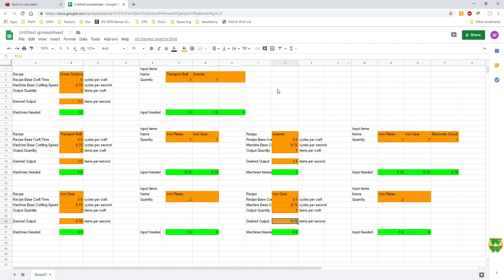You could do a bit of a summary section here where you added up the amount of each input item. So you could say, okay, well, I need 3.75, 4.5 iron plates per second, and 0.75 circuits per second. But that summary is going to change with every recipe you build in this type of spreadsheet. So trying to calculate that, or trying to set that up to be kind of universal would be quite a